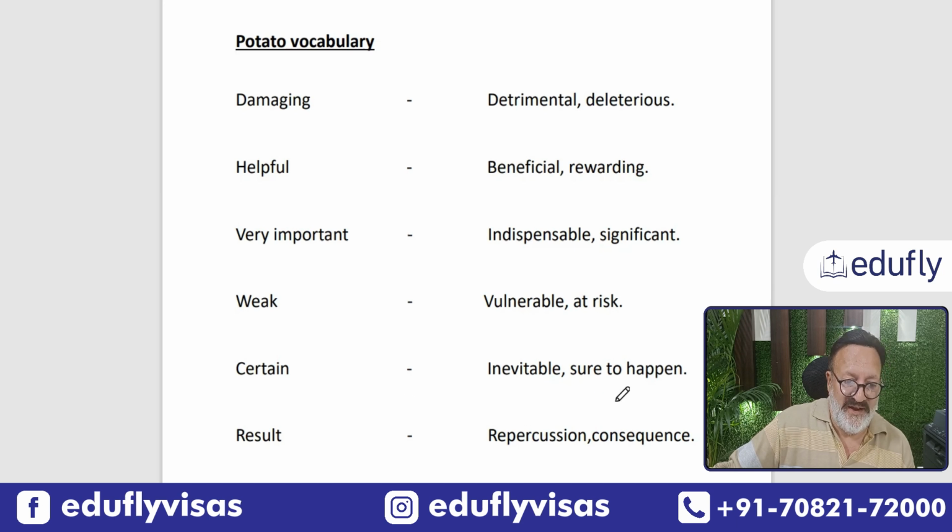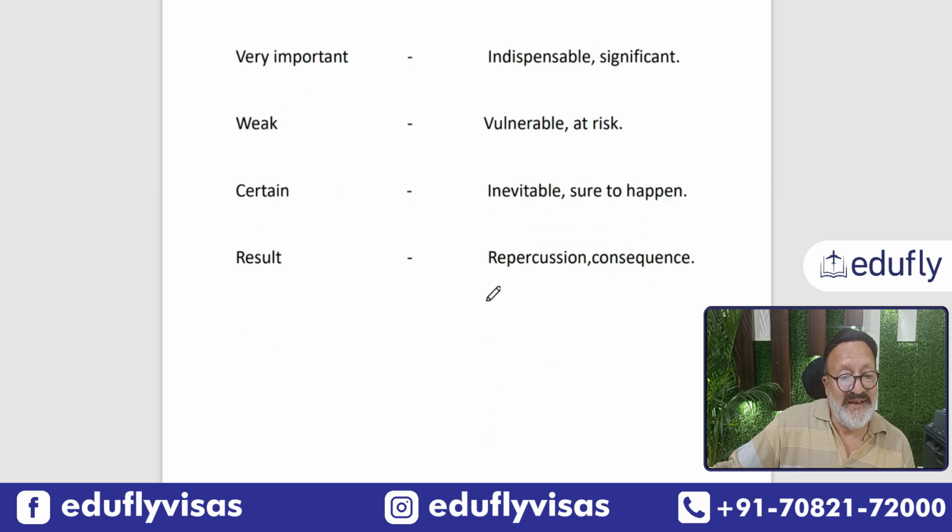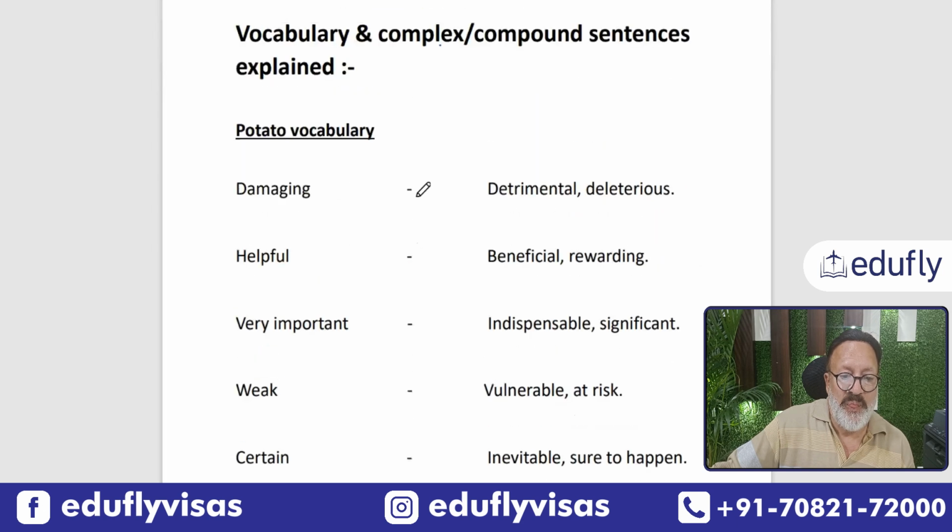Now the last one is result. For result, we have repercussion. This again is a vocabulary word which I see can be used in almost all topics. If you have taken a certain step, there has to be an effect of that, a consequence of that. The word consequence is also good, but repercussion, what is the repercussion of government taxing? I am introducing this vocabulary because apart from your topic vocabulary, you can use these also to enhance your score in the vocabulary section.